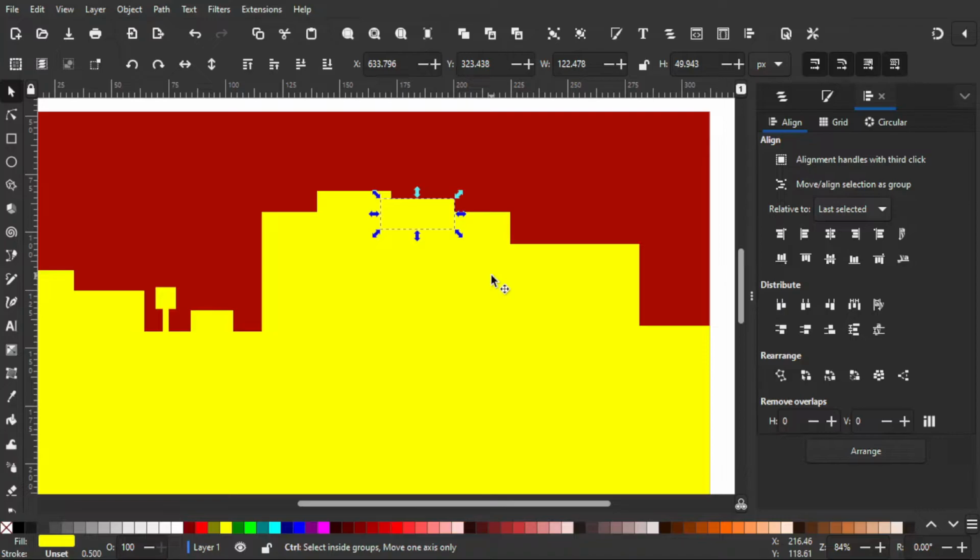Okay, so I'm gonna make some of the tiles.